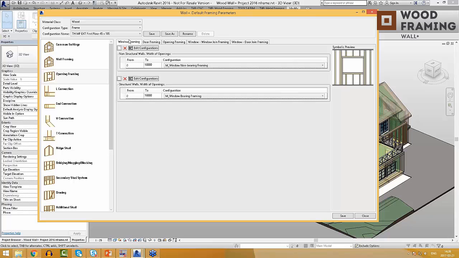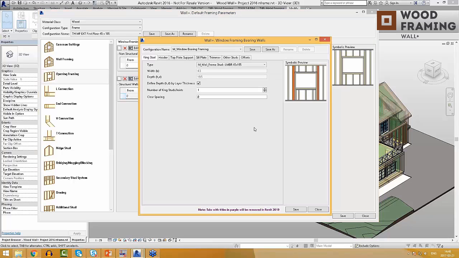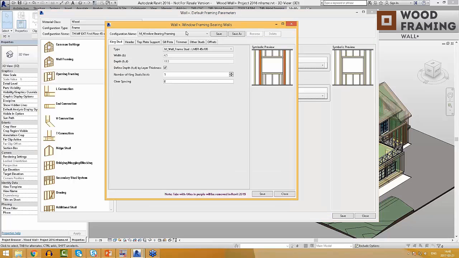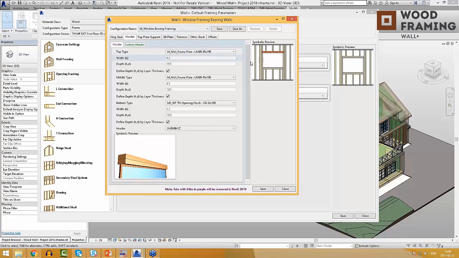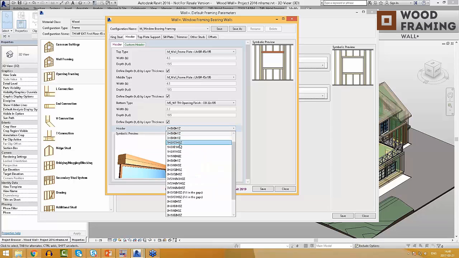So for example, I will take a look at this window opening configuration, and of course once again you can save it by your own name and use it later. And here I can say how many king studs I want to have and what type of king studs I want to add. And here we can predefine a header for our openings, our windows,